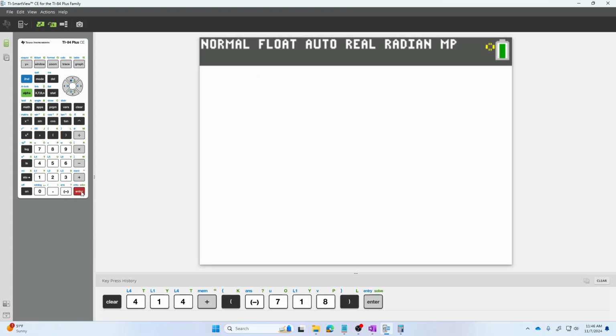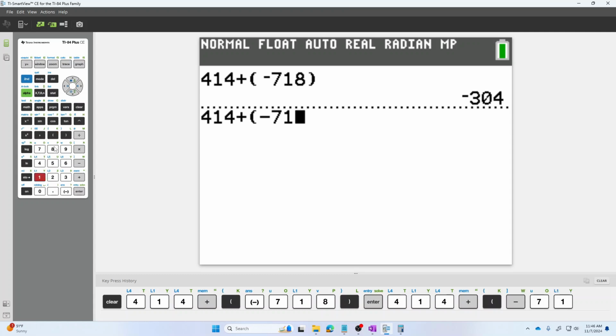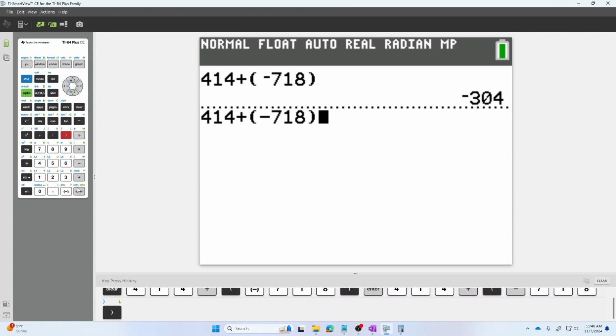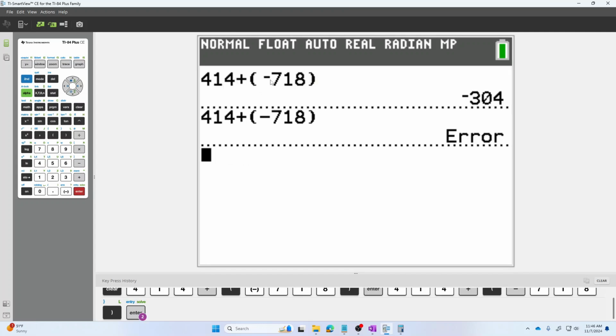Now, be careful to make sure that you are using this symbol in the bottom right when you're dealing with negative numbers. And do not use this symbol on the far right that you use for subtraction. If you try to use the subtraction button instead of the tiny make-it-negative button here in the bottom right, your calculator will give you a syntax error. So you can't do that. If you want to add a negative number, you have to use this little symbol here on the bottom right. So just be careful there.